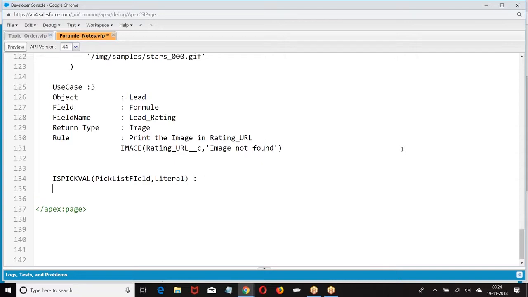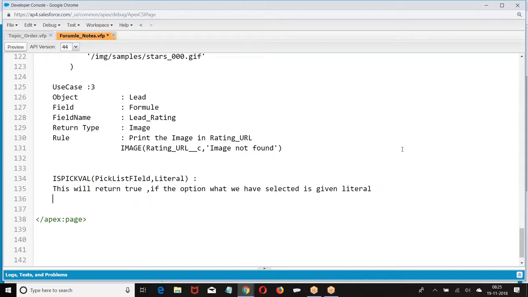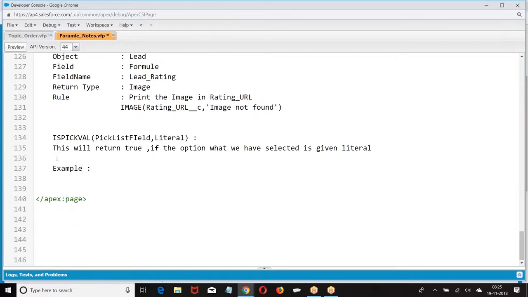So this will return true if the option we have selected is the given literal. This is only applied for which field? This function works for the pick list field. Example: A is Pickval city.